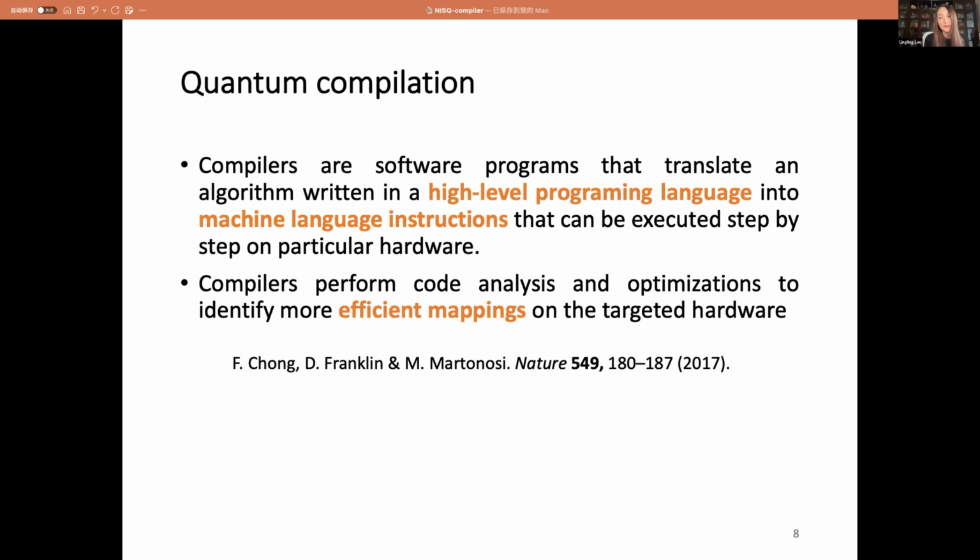In this talk, by quantum compilers, I mean that we want to perform mappings such that we can map our quantum algorithm on the targeted hardware, and also perform optimizations to optimize circuits such that we can achieve higher fidelity.